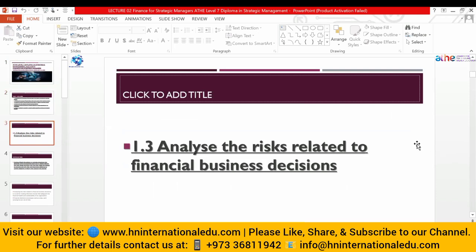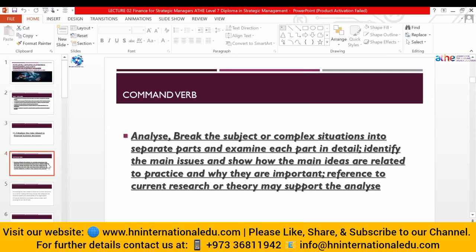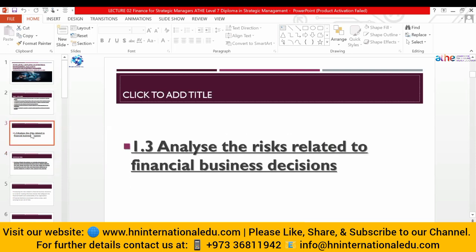Now, first we have to focus on the command verb, that is analyze. It means you have to break the subject, that is the definition, into small parts. Try to define it in a better way. Then you can even add an example. Afterwards, you will work on the main issues, problems, and solutions at the same time with that important significance. And at the end of the document, you need to add the references and how it's styled. This is the whole description of the command verb analyze.